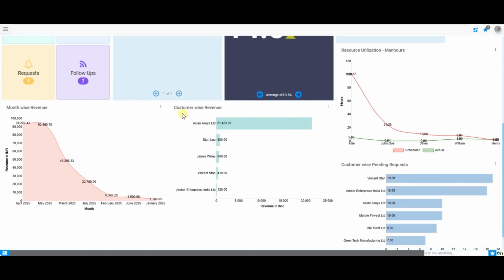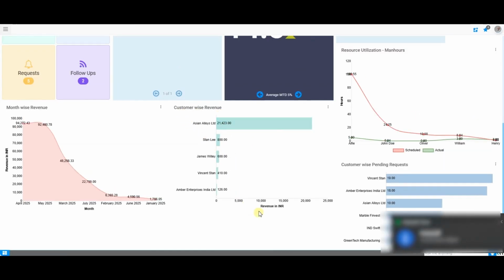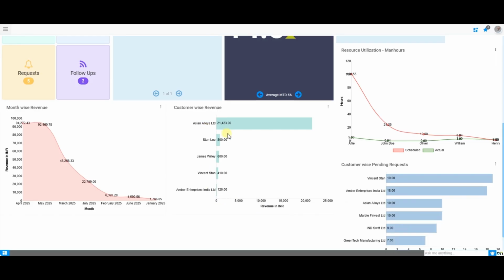The next widget in the list is the Customer-Wise Revenue Chart. This is a type of chart widget in which we have revenue on the x-axis and customer names on the y-axis. In this chart, you can get the details about the revenue amount generated from the customer. So here you can see we have generated almost 21,000 from Asian Alloys, 800 from Stanley. So this widget basically displays revenue generated from each customer that helps you quickly analyze the top contributors and track